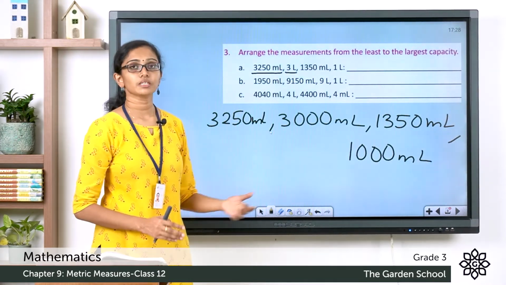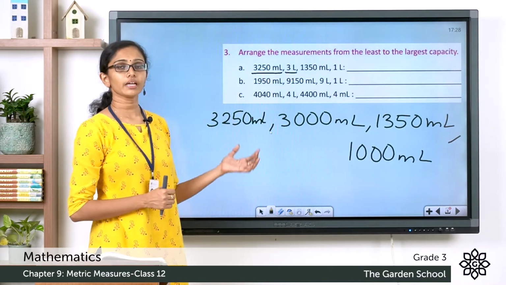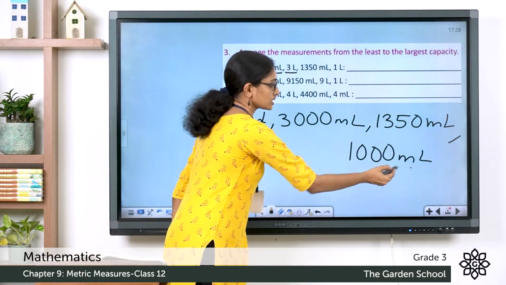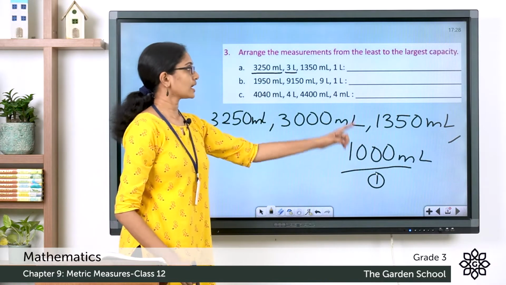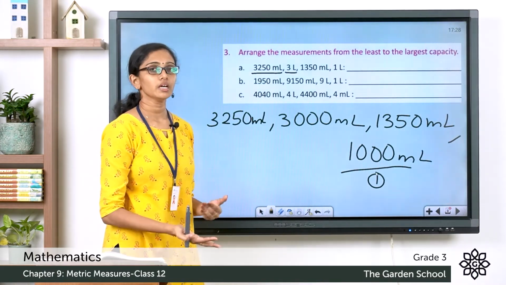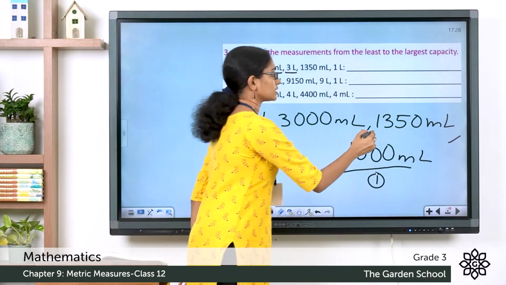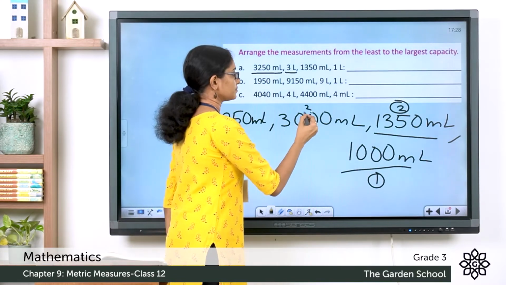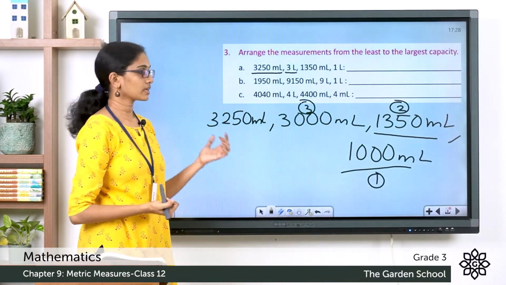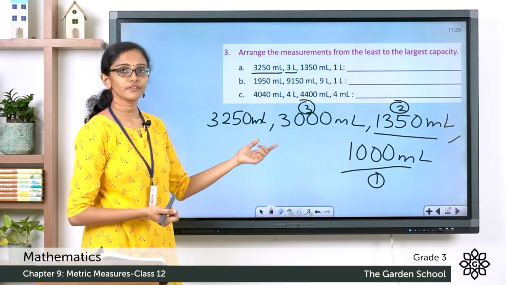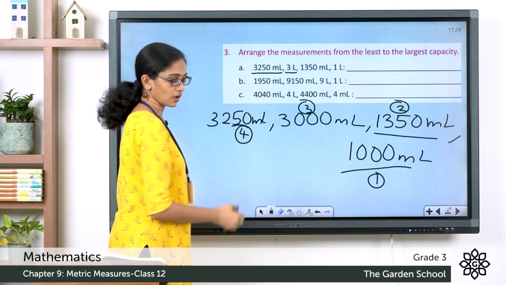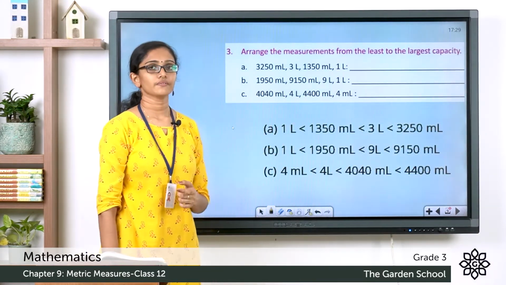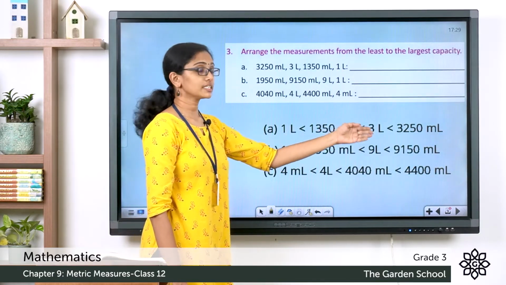Now that all the measurements are in the same unit, we can easily compare each of them. So which is the smallest among these four? The smallest among these four is 1000 milliliters or 1 liter. So that comes first in the list when you arrange them in ascending order. So next comes 1050 milliliters, and then 3000 milliliters. Then the largest among these capacities is 3250 milliliters. So the correct order in ascending order is 1 liter less than 1050 milliliters less than 3 liters less than